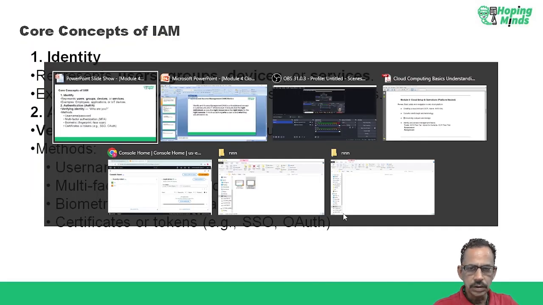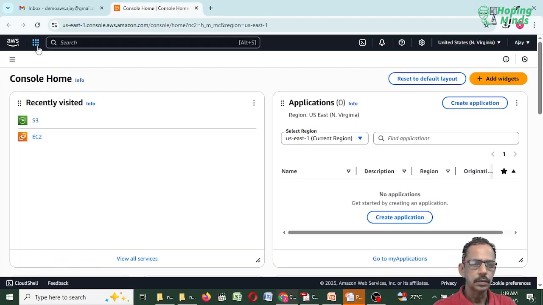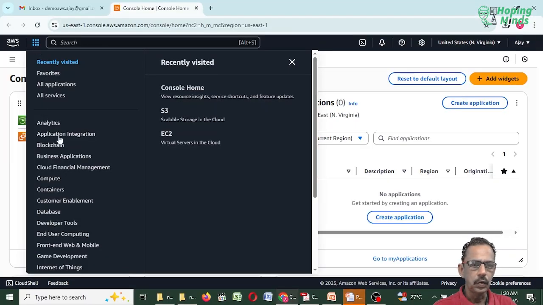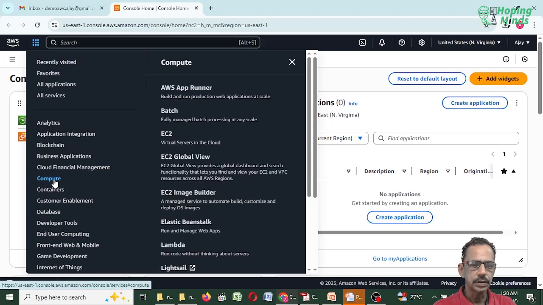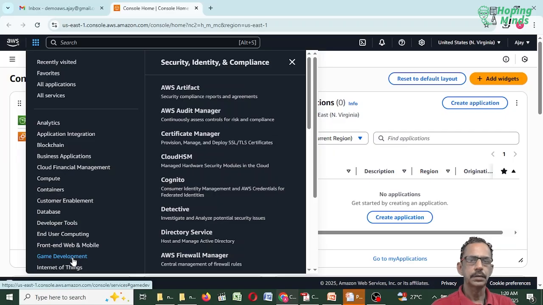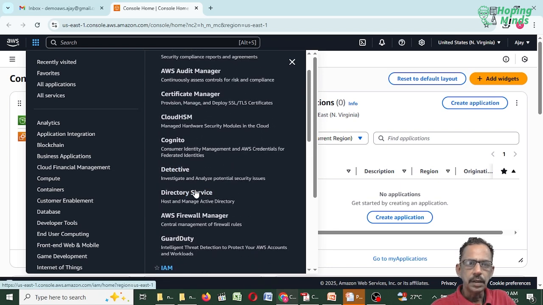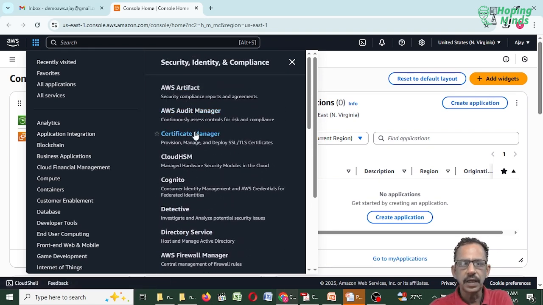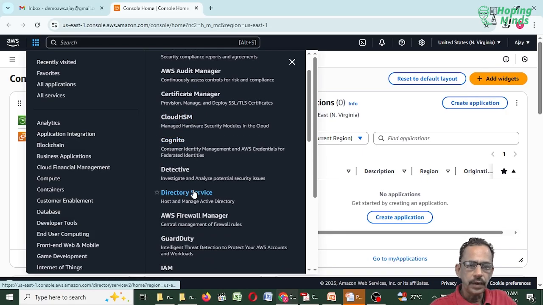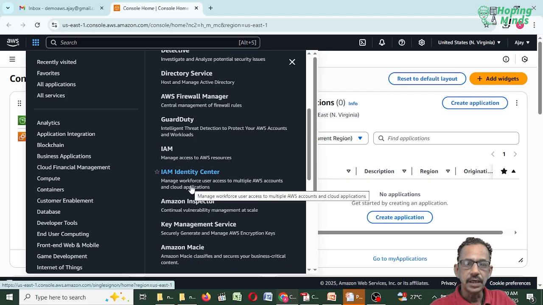If I try to check here, if we go to the security section, in Security, Identity, there are so many things here. You can use Artifact, Audit Manager, Certificate Manager, Cloud HSM. We have to discuss Firewall Manager, Identity Center, Inspector, IAM.